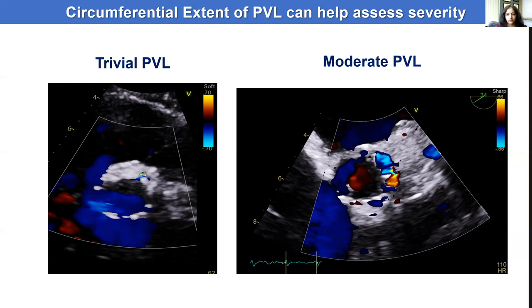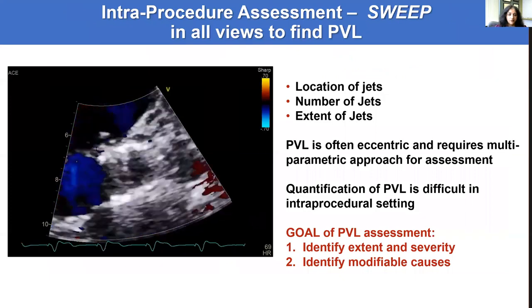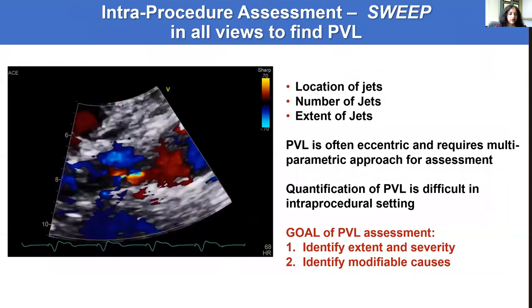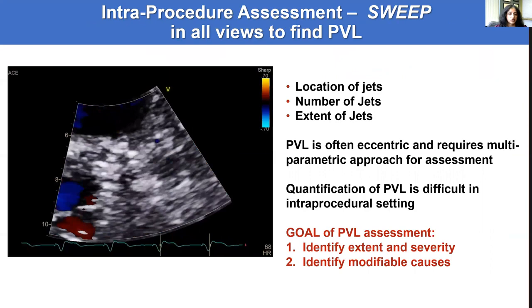Eccentric jets are going through crushed calcium and leaflets, and they don't always have a straightforward course. They may look like they cover a wide circumference, but they don't go out very far into the LVOT or the mid-ventricle. Perhaps the most important thing you can do, whether you do TE or TTE, is sweep through the